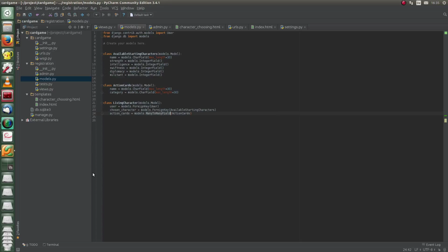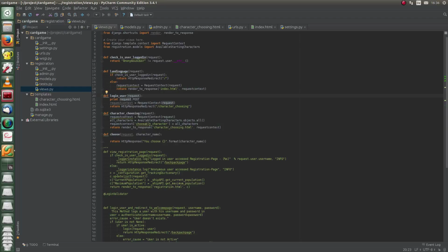Okay, I'm back, and I found out that I actually need to use the many-to-many field because we have a lot of living characters which can have a lot of action cards. And there are also multiple times that a person could have this action card. And now we need to introduce something that is called a real user. Because we are now handling users, we go to our views again,